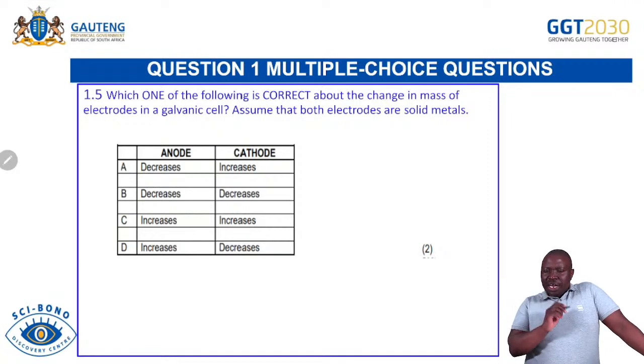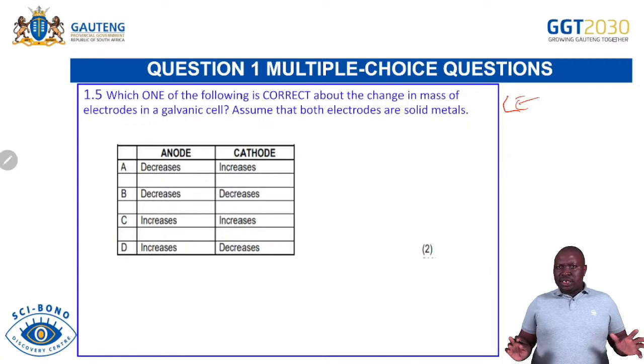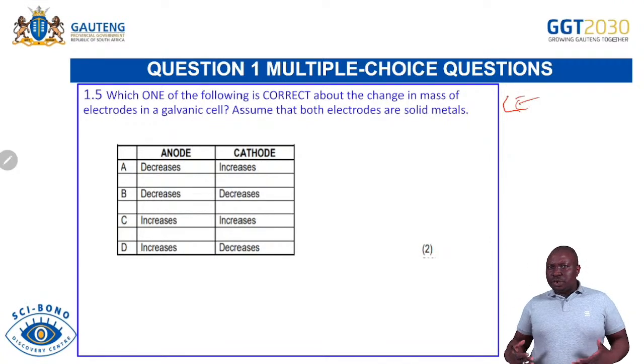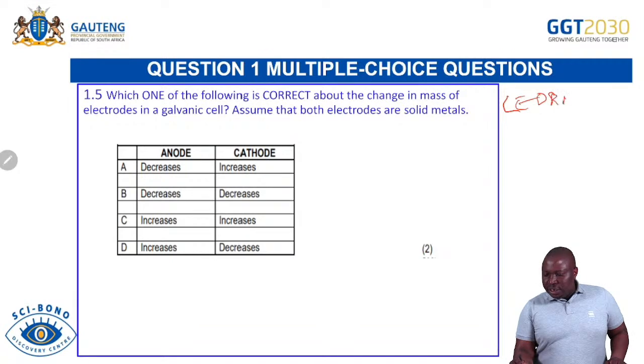Remember what we are saying. We are saying that loss of electron. I would always refer to this so that I don't want you to forget this, because these mnemonics are going to help you to remember at all times. To say loss of electron is oxidation. That is our reducing agent, and that reducing agent is oxidized.